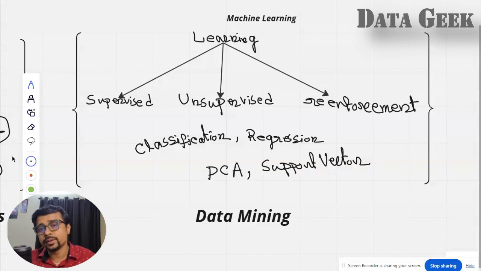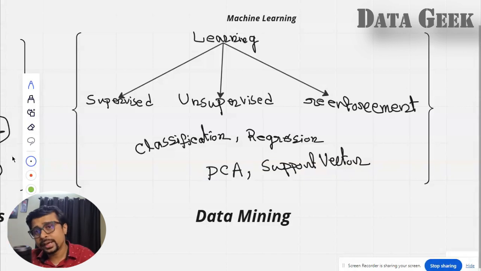The bank has the data. Previously, many persons came to the bank and became defaulters. Next time, the bank doesn't want to make this mistake, because a credit card defaulter is a loss for the bank. So what will the bank do? It will collect this data, do some cleaning and pre-processing, and use some analysis to understand which factors are actually important. After that, using this analysis, they will create a machine learning algorithm, and that machine learning will create something called a model. Machine learning always creates a trained model.